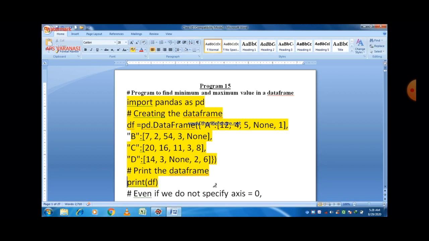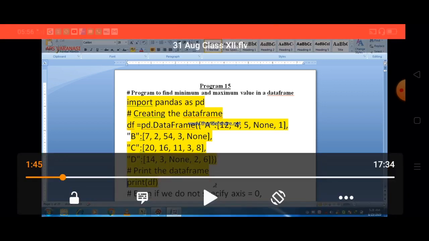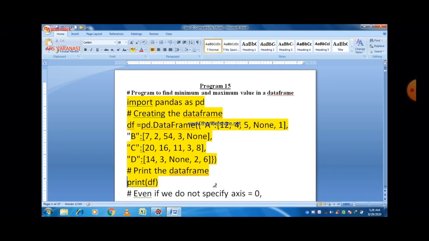So we assign a value to a variable df, that is the name of the data frame, equal to pd.DataFrame, and after that using a dictionary we insert the elements into the data frame. So DataFrame is the name of the method, and always remember that in DataFrame, D and F are in capital letters. Finally, if you want to print the data frame, we just write print(df), that will print the data frame on the screen.